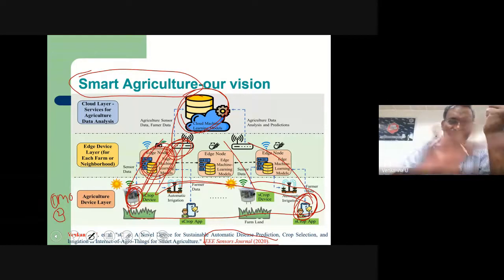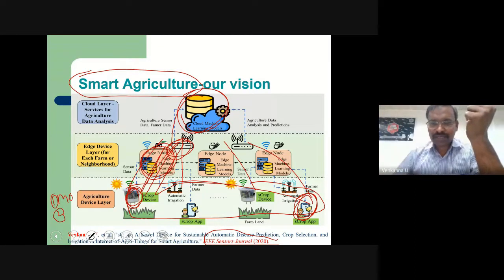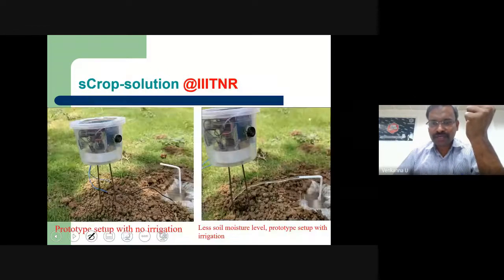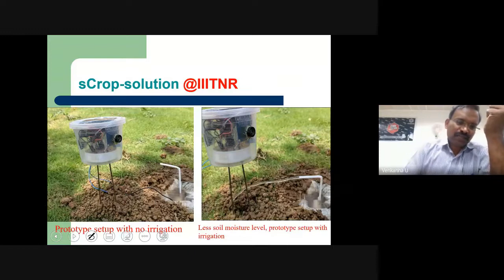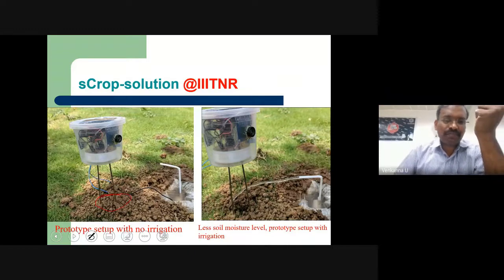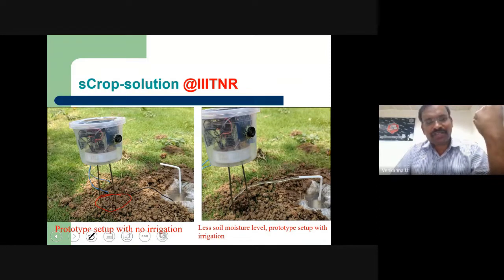With this vision, we developed a prototype at laboratory scale and deployed it in an agriculture field. You can see that we developed our in-house soil moisture sensor. What is the problem with laboratory scale or purchased moisture sensors?